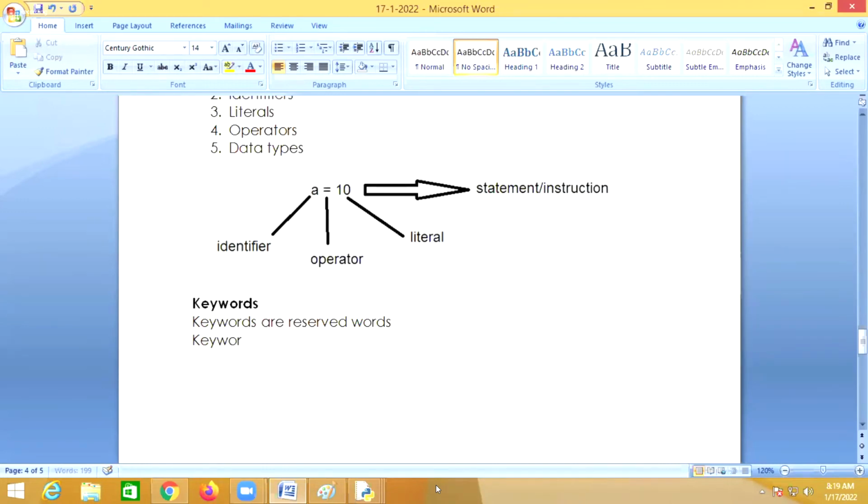You can say keywords are Python language related words. Keywords are reserved words and keywords are Python language related words.